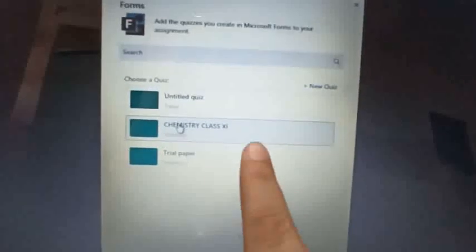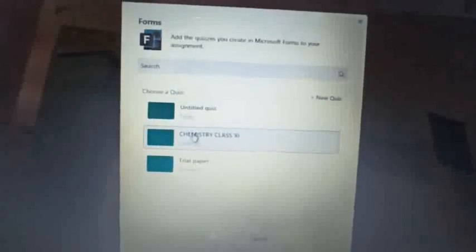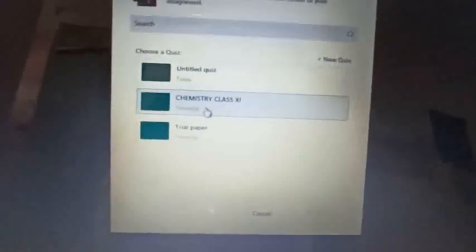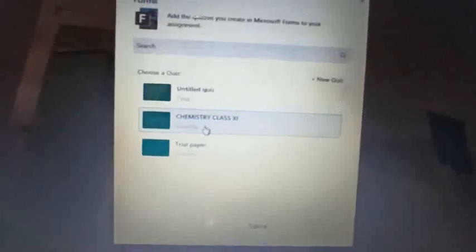Suppose you have made a paper and you want to do editing work in it. If this is the paper you want to edit, you will open it from here and do the steps which I'll tell further. But if you want to make a new paper, then you will go on New quiz. Always you will go on New quiz. I have to edit my previously existing paper, so I'll be clicking here. Suppose you want to make a new paper, so you will go on New quiz. As soon as you click on New quiz, just wait.